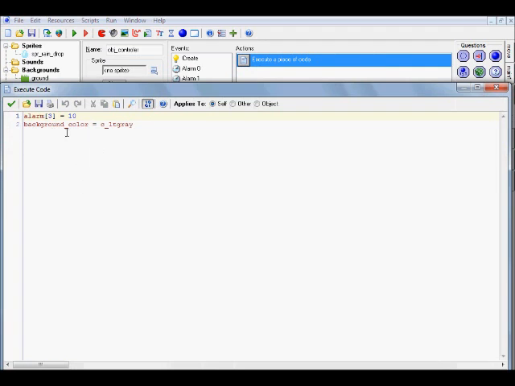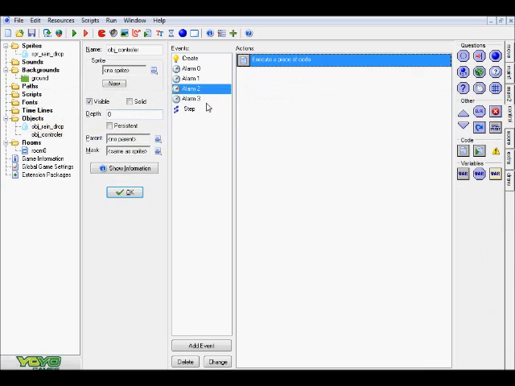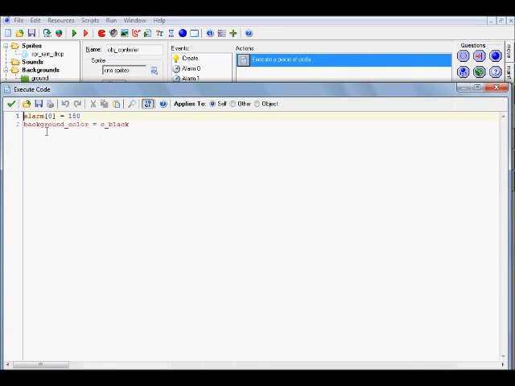Alright, so alarm 2 is pretty much the same thing, although the alarm's on top and the background's on bottom. It doesn't really matter, you can do whatever you want. I just wrote it like this and didn't bother to change it back. But yeah, we have the same thing going on here, the background color is changing. And now in alarm